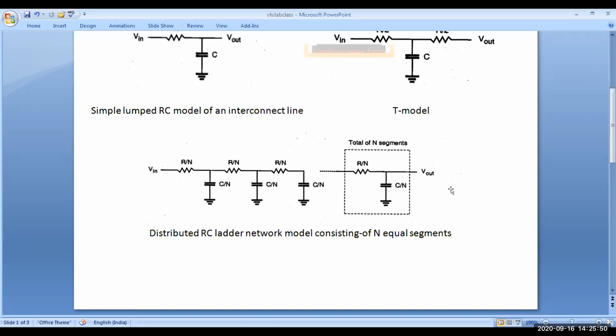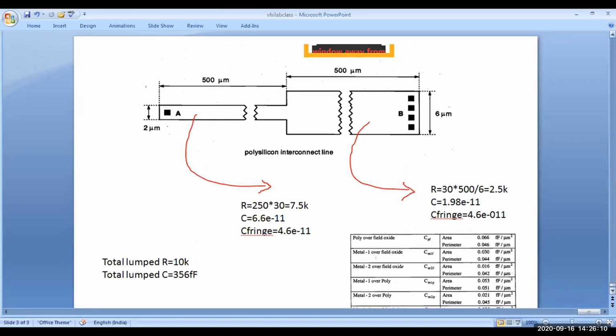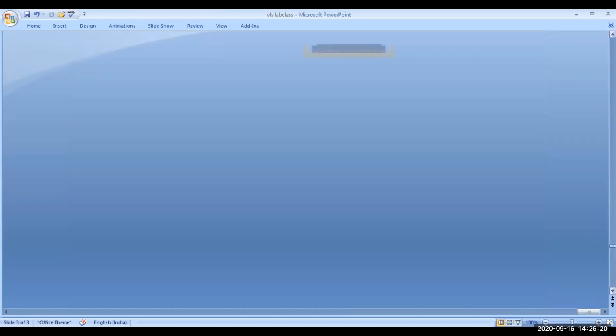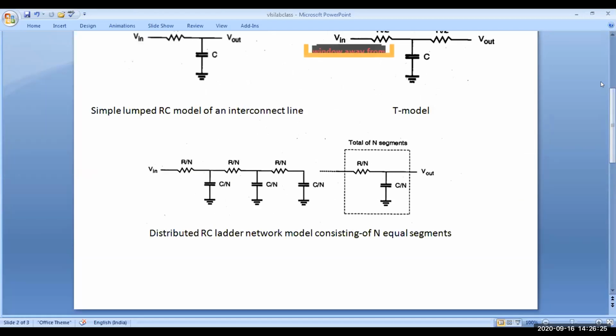I am again telling you that is 198. That was the second segment capacitance. You can see here, this was the sum of these two. 48.8. Yes, 48.8. So now this is the value for what? This is the value for the second segment of the capacitances.